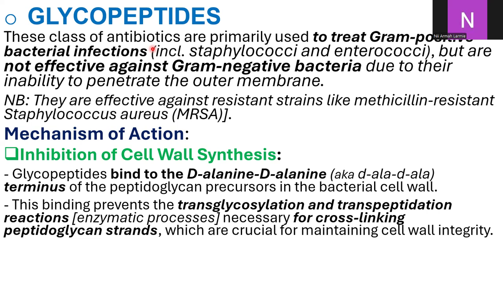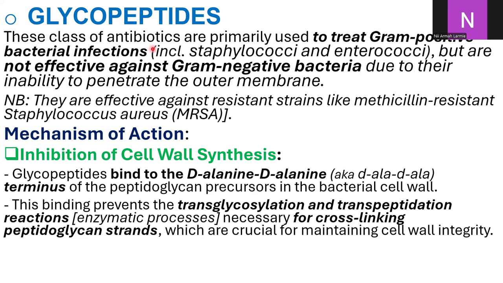Now, at one end of the peptidoglycan precursor, there is the D-alanine, and D-alanine is basically telling you about the amino acid involved there. Now, this D-alanine end must be bound in the transglycosylation reaction, which is a very necessary reaction in cross-linking,